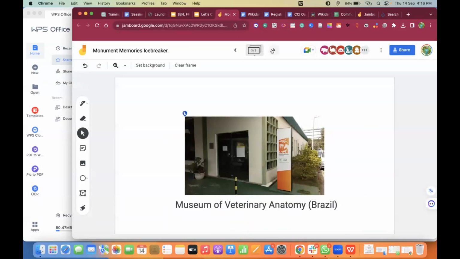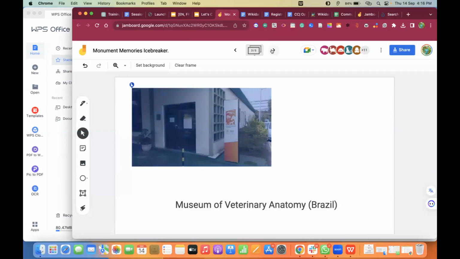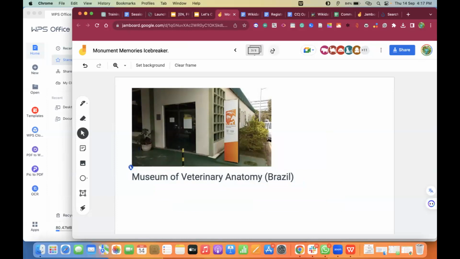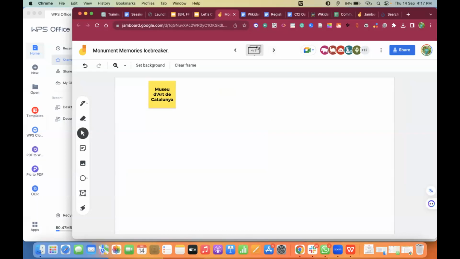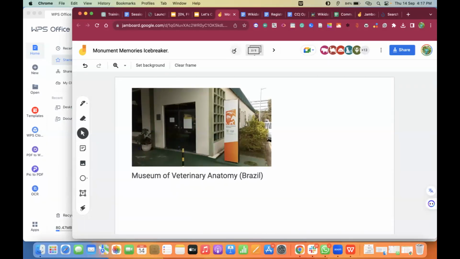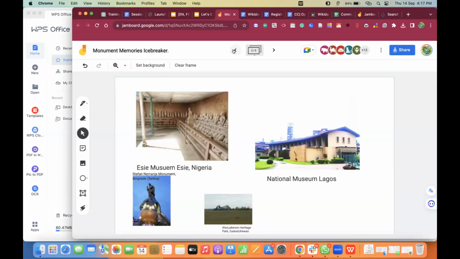Okay, I see so many. Wow, this is beautiful. I'm seeing Museum of Veterinary Anatomy in Brazil. Okay, it's good to know that we have so many museums. And I see someone just pasted a name of the museum. We also still have some blank space where you can put your images.